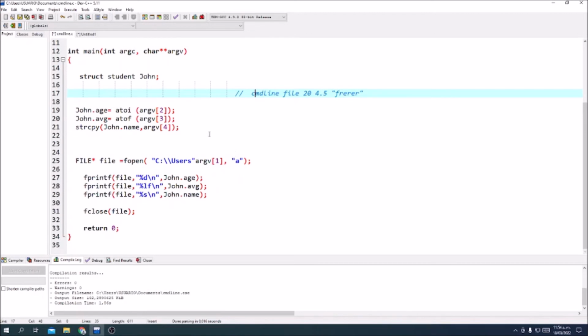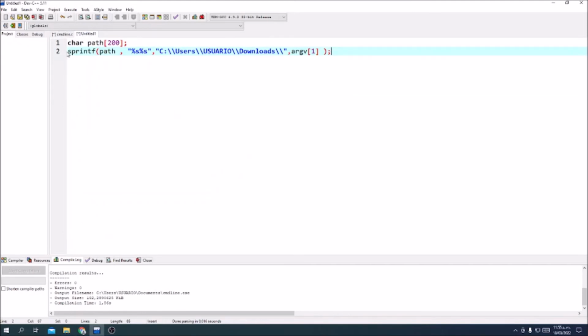So for that purpose, I will have to use the following function that I guess is very useful, and it's called sprintf. Basically, sprintf will concatenate two strings according to the format that is specified here. So I specify the format that I want, in this case a string followed by the string with no spaces in between or anything else,